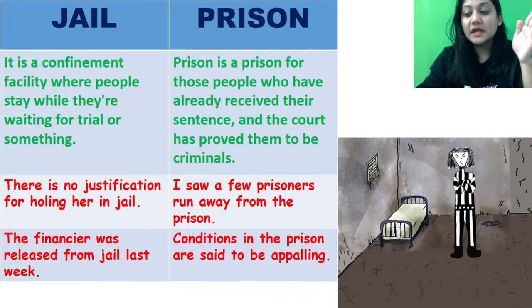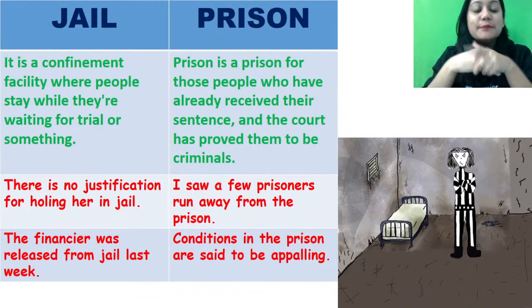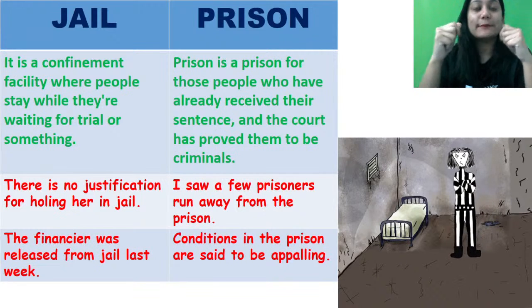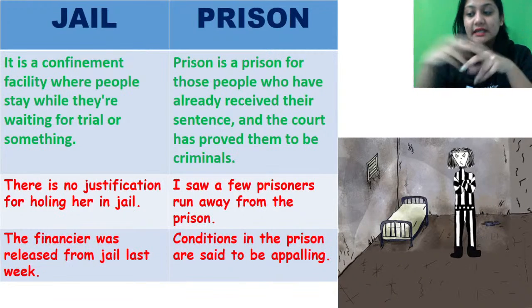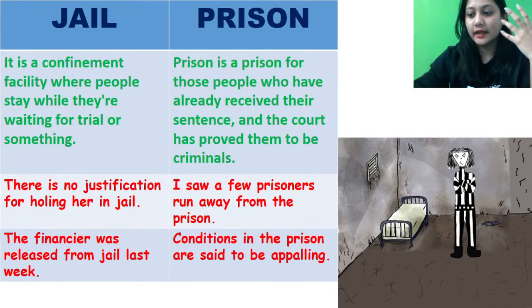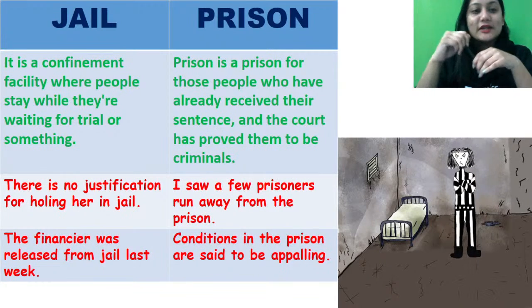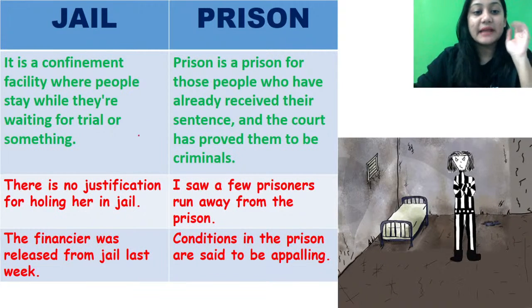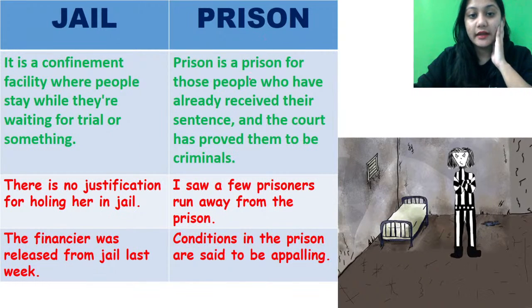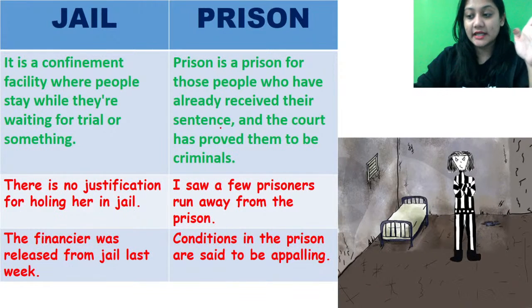क्लियर? जब तक आपका crime prove नहीं हो जाता है या फिर जब तक आपको magistrate के सामने नहीं लेकर जाया होता है, so in that scenario we do use jail, जब तक आपका crime अभी तक clear नहीं हुआ है. And prison का मतलब क्या है? Prison is a prison for those people who have already received their sentence. उनका पता चल चुका है कि इसने वो crime किया है,